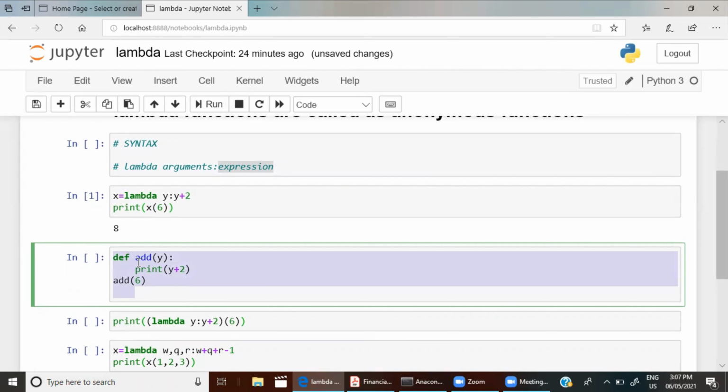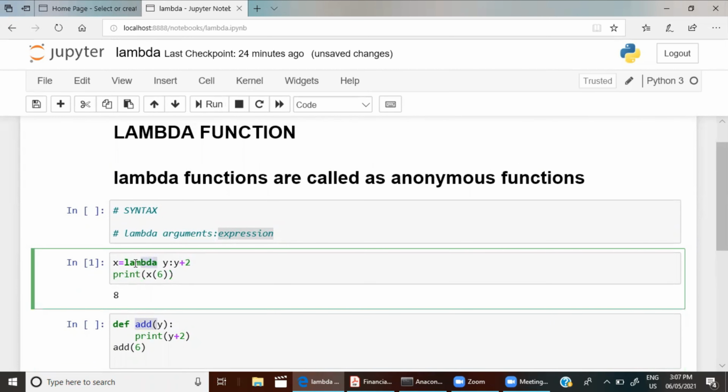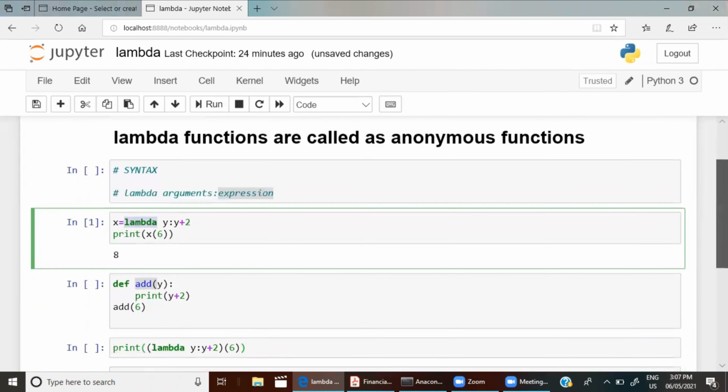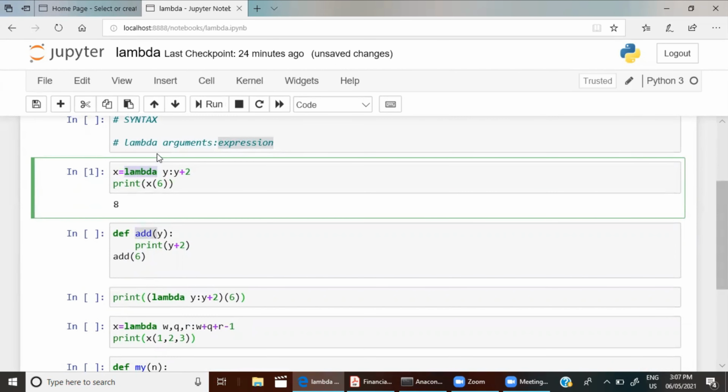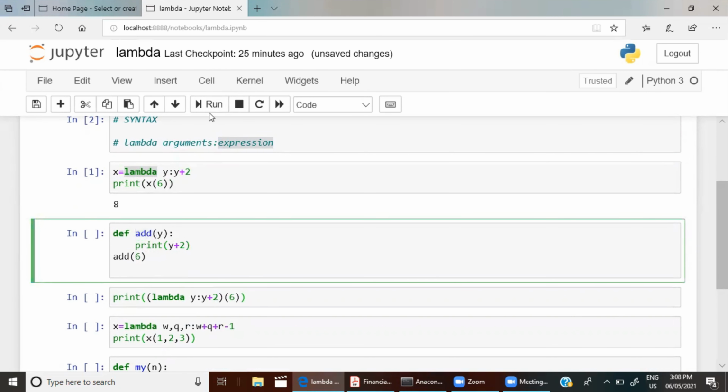The first thing is you have to define a name called add or any name, and then give the argument and then the expression here. Then you have to call the function. So why lambda is an anonymous function is we don't need to give any name like add, subtract, anything. Lambda is enough for that. So that way it is called an anonymous function, and it can take n number of arguments with only one expression. So the ultimate goal of any programmer is to reduce the lines of code.